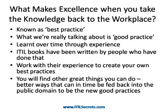So, what sort of things can people do to stay on top? They take the ITIL framework, take it back to work, and start applying some of this. What makes excellence? Well, I think the point here is that we used to talk about ITIL and service management as being the best practice. And the reality is, we've learned it's about good practice, because good practice is something that's learnt over time